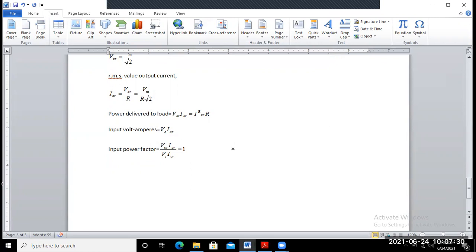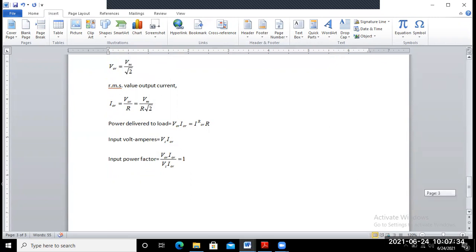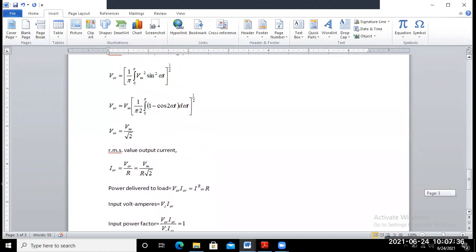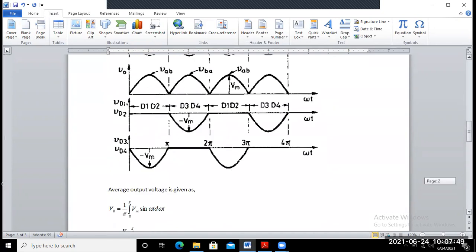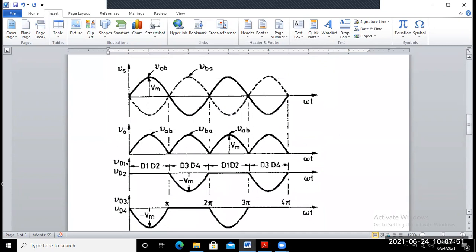So this is the derivation for the single phase full wave uncontrolled rectifier, that is bridge type: average output voltage, average output current, RMS output voltage and RMS output current, and the power delivered to the load. Okay, so now we have observed the characteristics of the single phase full wave uncontrolled rectifier for the resistive load.